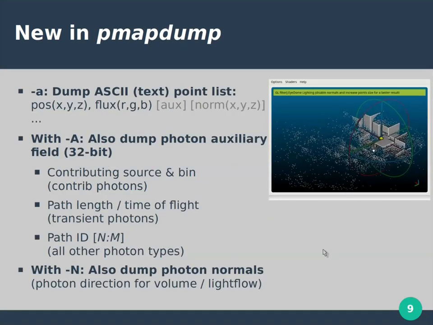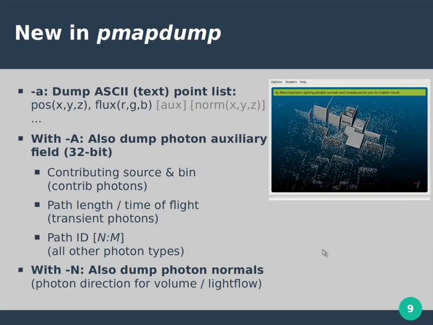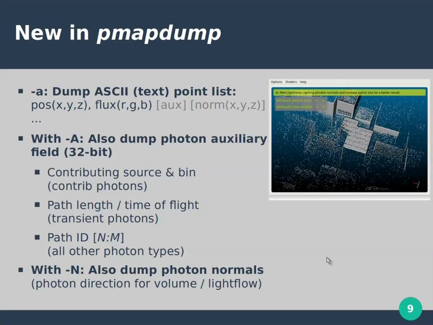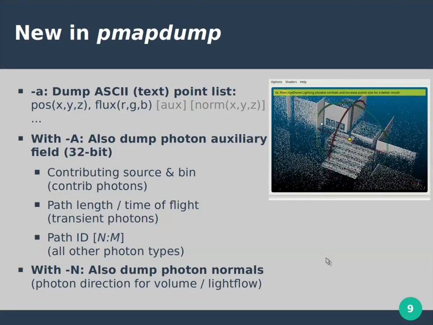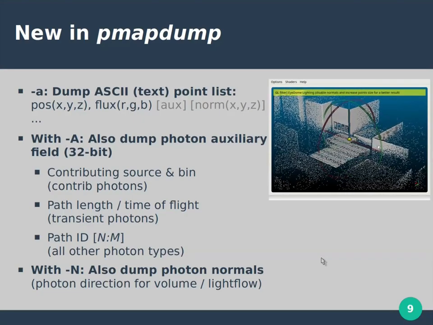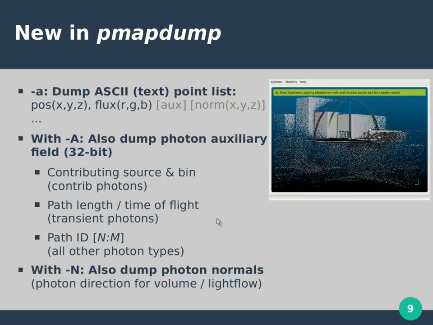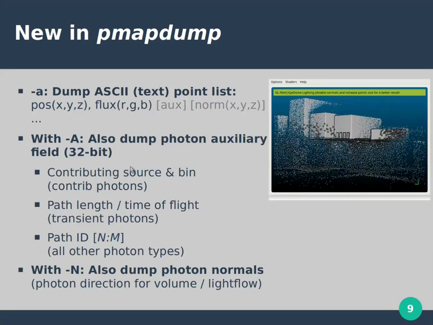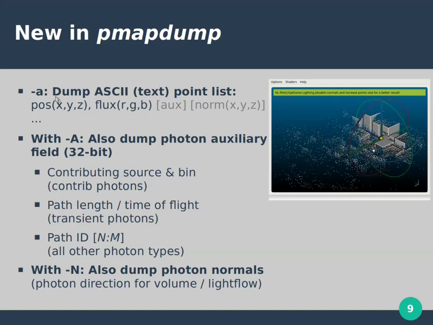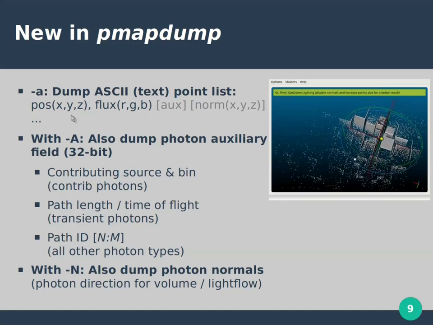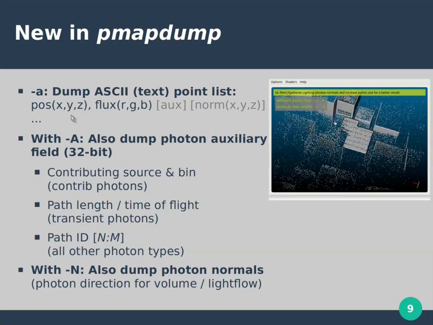Now, pmapdump is the adjunct tool to mkpmap that outputs photon information. Originally, it was actually used to dump a Radiance scene description of the photon distribution. But since then, I tend to use point list viewers like the one you see up here, where you can dump the photon map using an ASCII dumping option, in which case you'll just get a text file consisting of the photon positions, the energy, the flux in RGB,